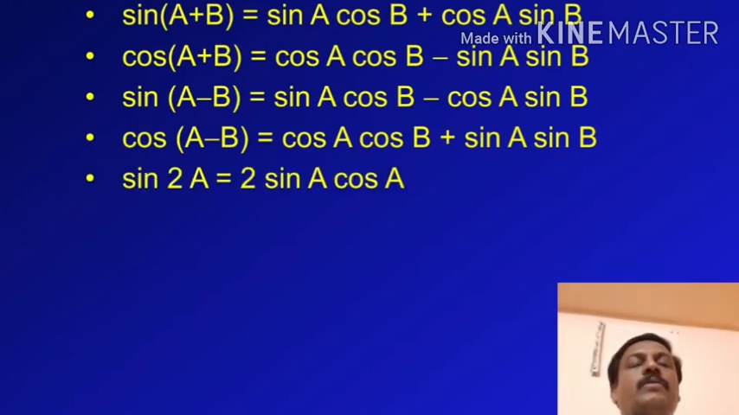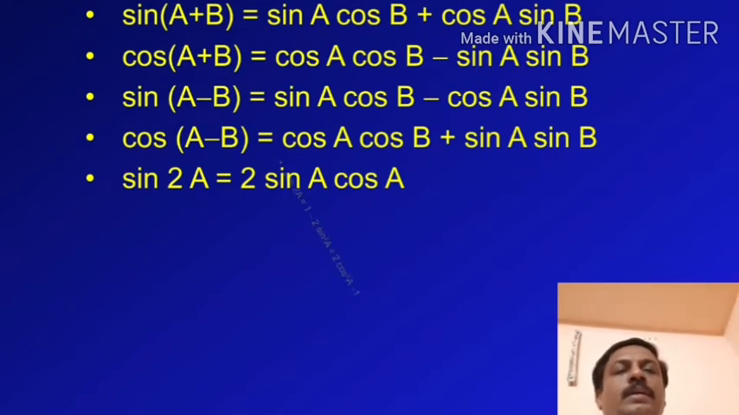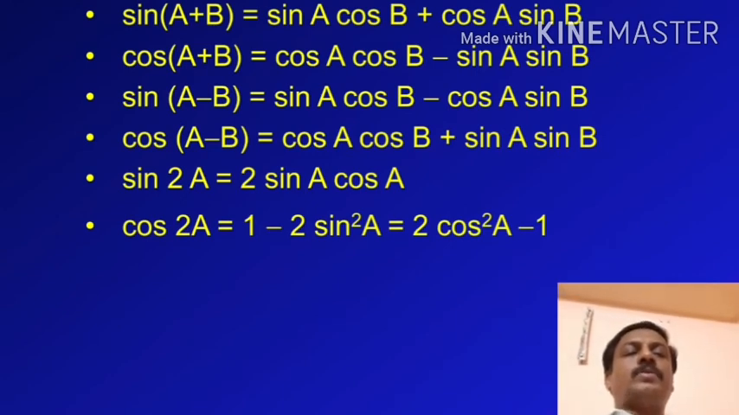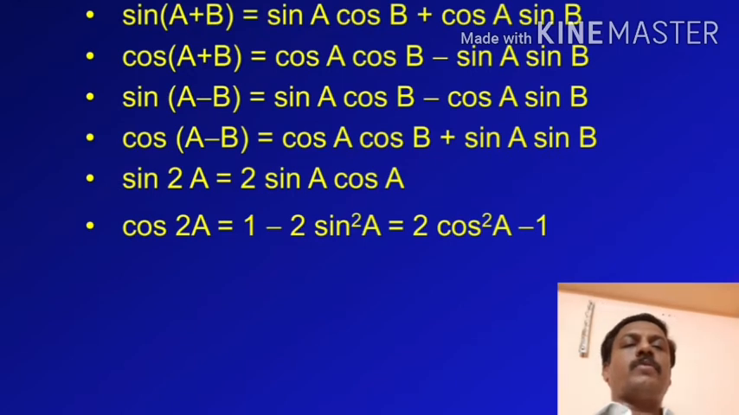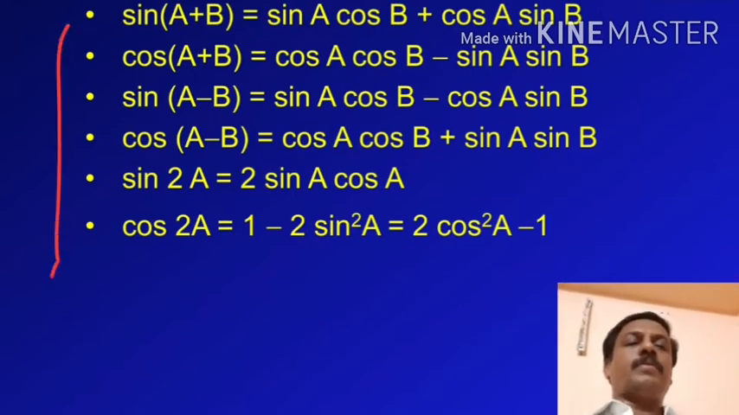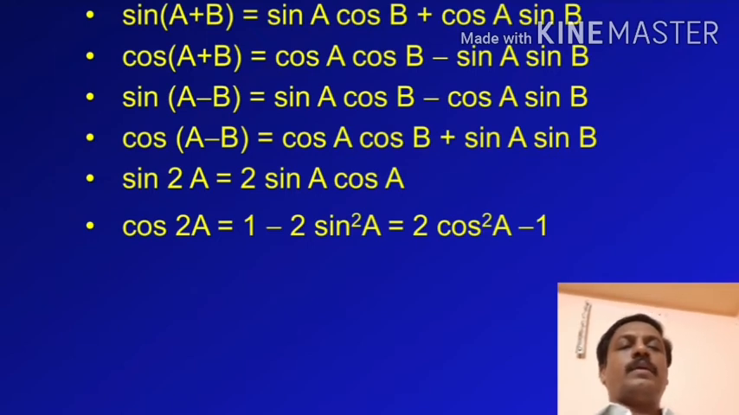Similarly, sine 2a is equal to 2 sine a cos a. Then cos 2a is equal to 1 minus 2 sine square a, equal to 2 cos square a minus 1. These are very important formulae. We have to remember all these formulae. Cos 2a is equal to 1 minus 2 sine square a or 2 cos square a minus 1. So next is